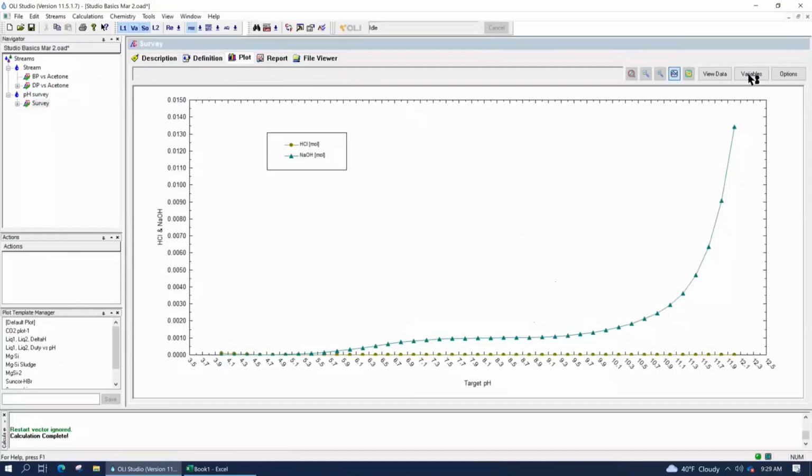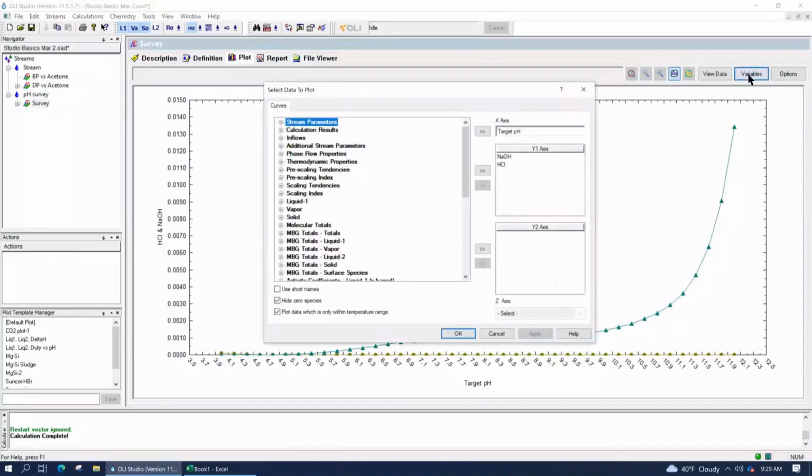So you're going to click on variables. The first thing you're going to do is remove the variables in the y-axis. And there are a couple of ways of doing that. If you click on the header right here, it highlights everything. And at that point, you just use the double arrows to get rid of it. Alternatively, I could double click on each one individually or highlight it and then delete.